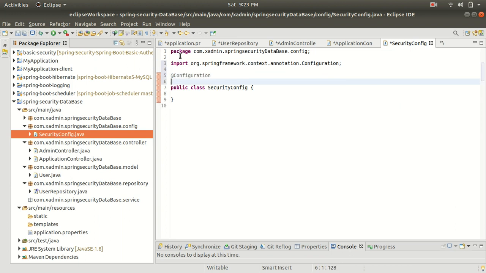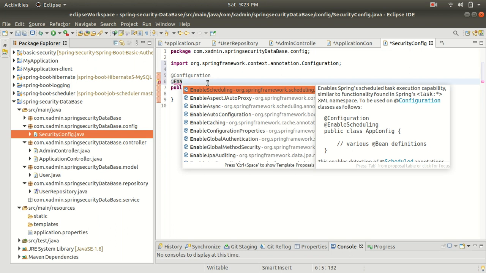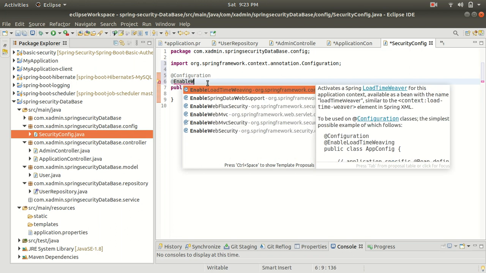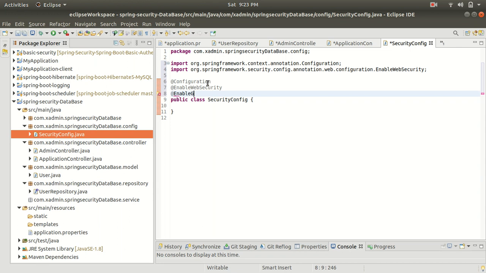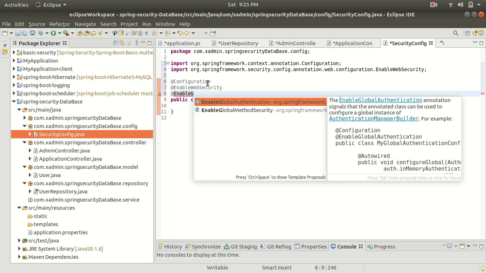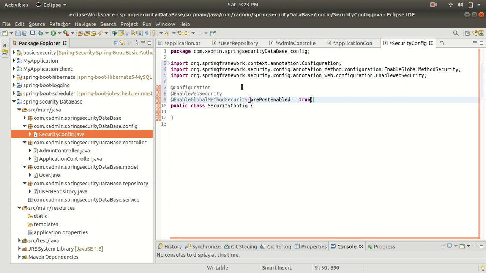And guys, I want to enable the Spring security. For that I have to enable web security. Alright, and also I will annotate this with @EnableGlobalMethodSecurity, and here I will pass prePostEnabled equals true.